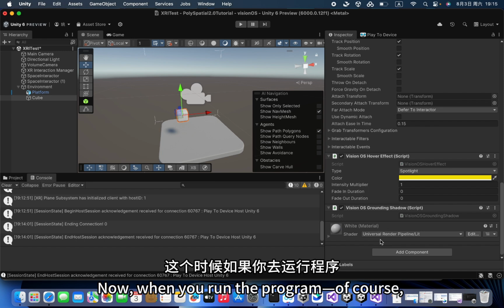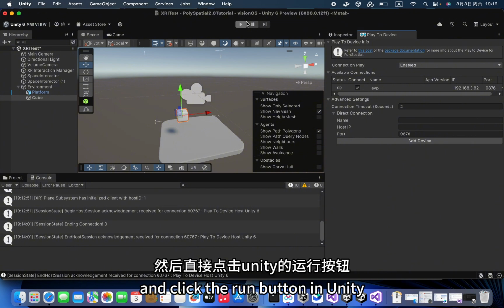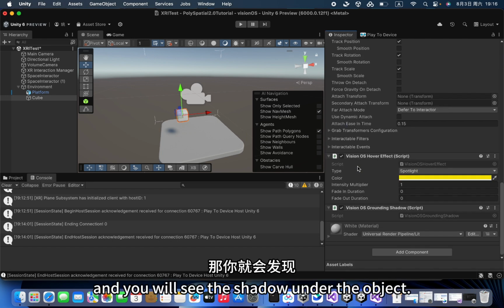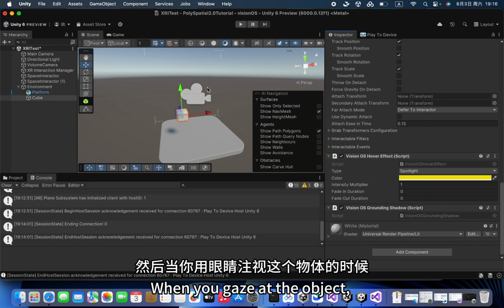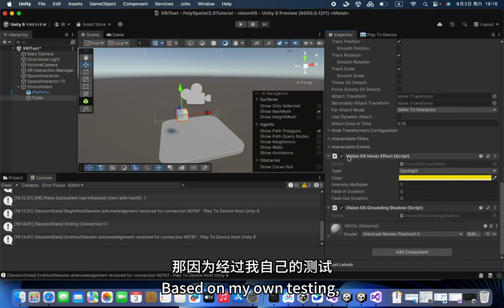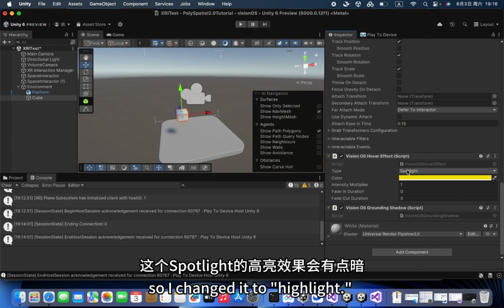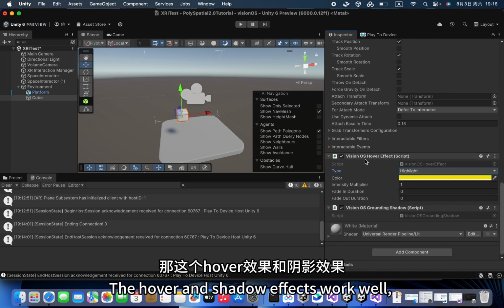Now, when you run the program, of course, you should have Unity's Play to Device streaming debugging configured, and click the Run button in Unity. The scene will be transferred to the Apple headset for testing, and you will see the shadow under the object. This is the effect of the Vision OS grounding shadow script. When you gaze at the object, the hover highlight effect will appear. Based on my own testing in my environment, the spotlight highlight effect appears a bit dim, so I changed it to highlight. The hover and shadow effects work well,